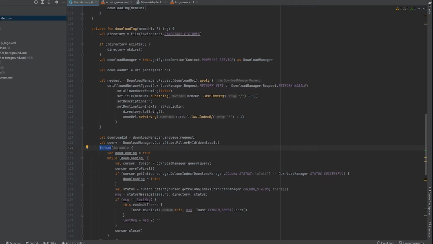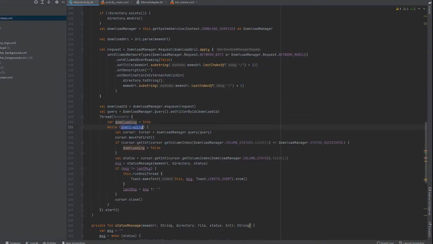We have a thread with a runnable, and I have a variable for downloading, which I made true, and while downloading we keep on checking the status of the download. When you saw the starting demo, it was downloading and downloaded to this path. It keeps repeating continuously so that we get the status.